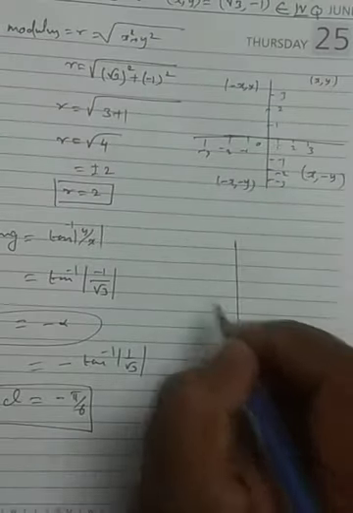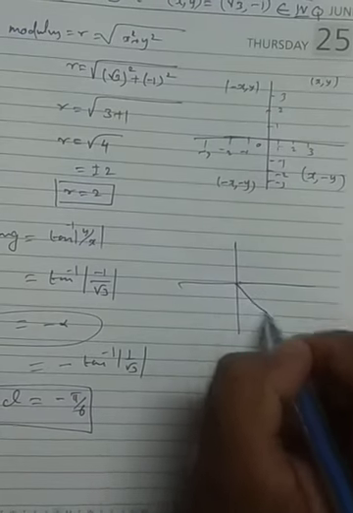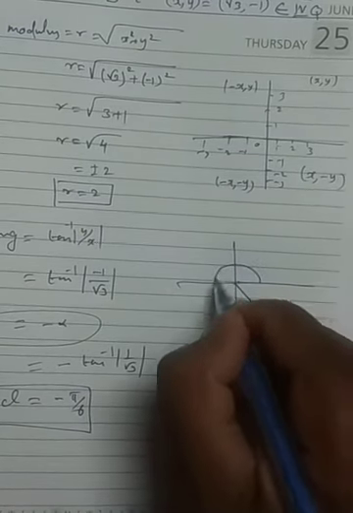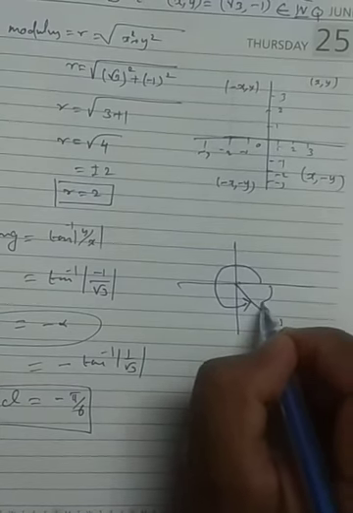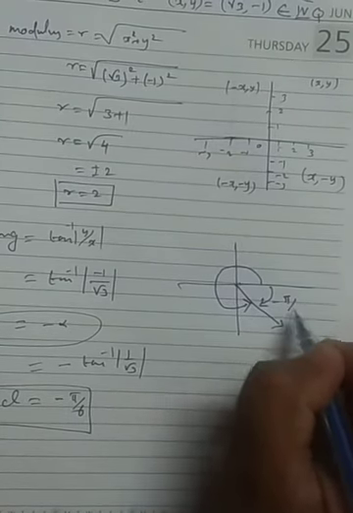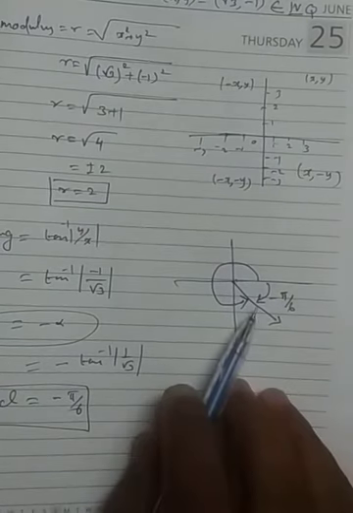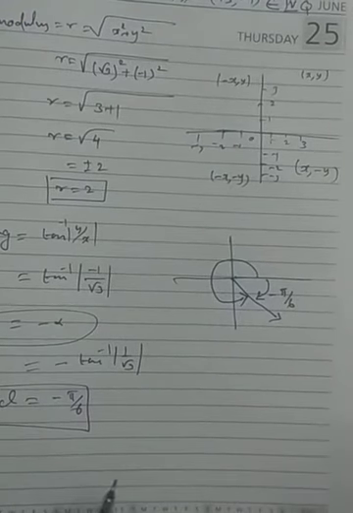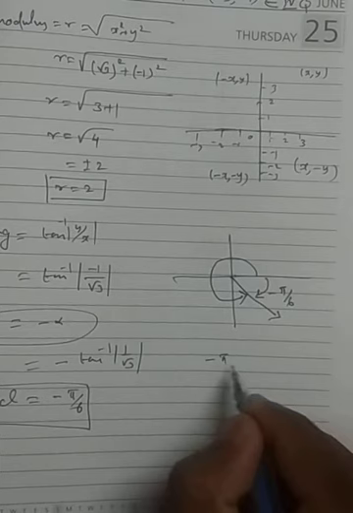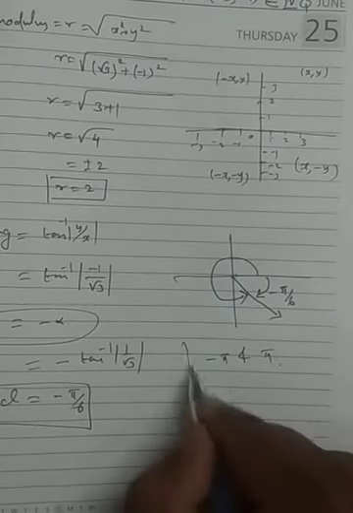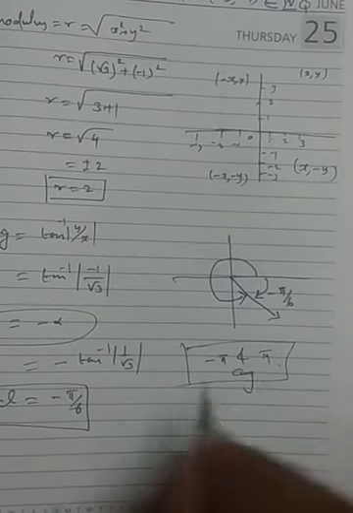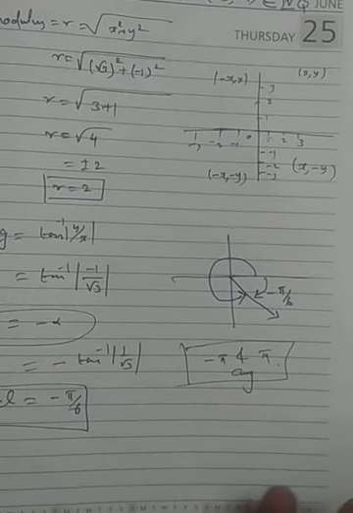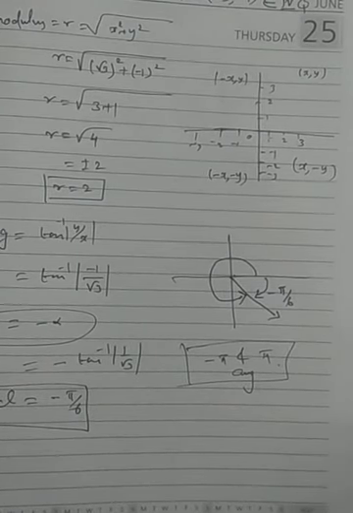If you draw the diagram for this one, it will be there. Actually you need to measure like this, but instead of doing this I will go in the reverse. This is the minus pi by 6 value, where minus indicates the clockwise direction, which is 30 degrees. So why are we doing this? We need the value between minus pi and plus pi. The argument value should lie between these, it should not exceed that. If it is exceeding, we need to bring it back to the original position. This is the thing we have to study.